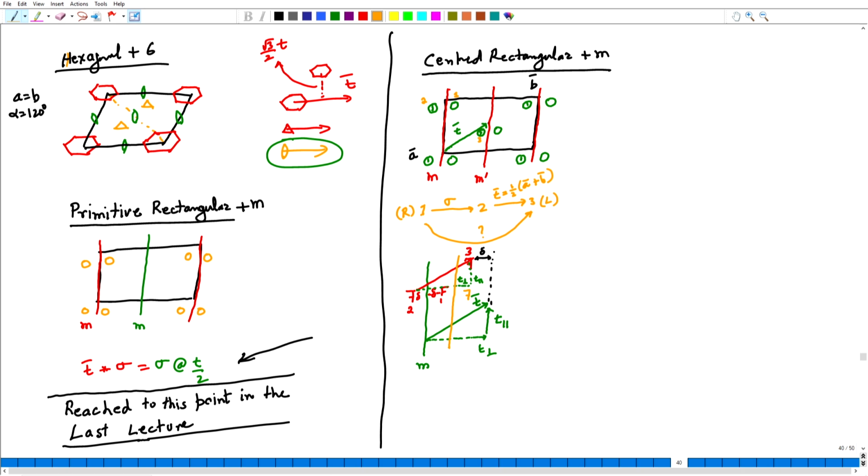I can make it coincide if I translate it, I do not leave it there, but I translate it up, then it will coincide. And how much of a translation do I need to give? I already know that the amount of translation I need to give parallel to the mirror plane is T parallel,